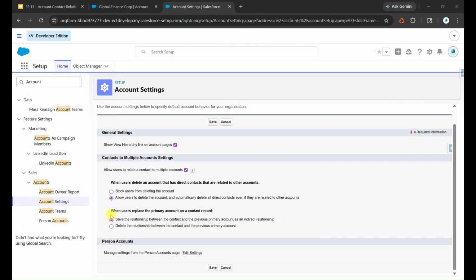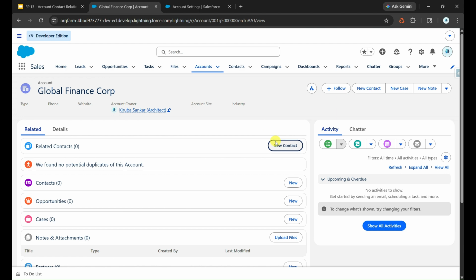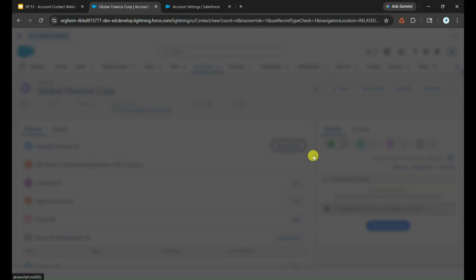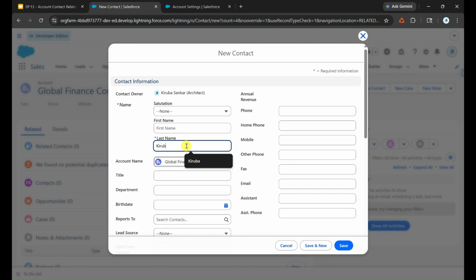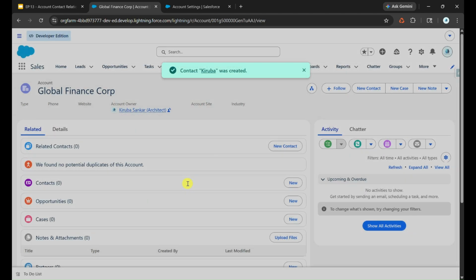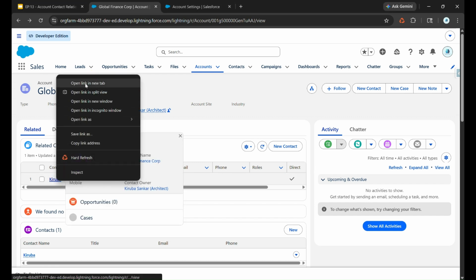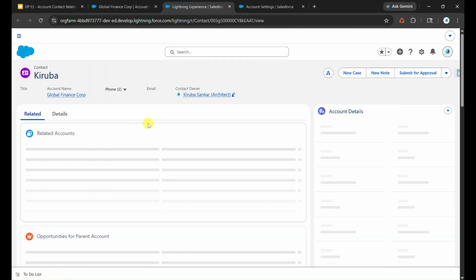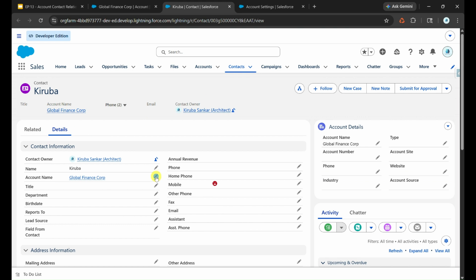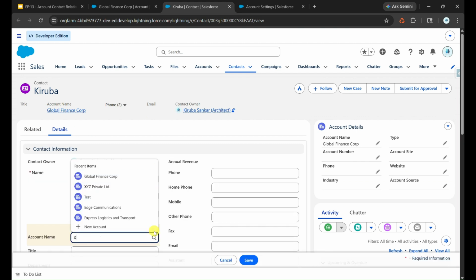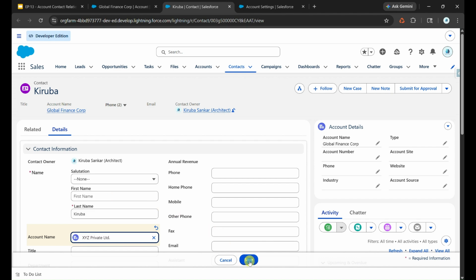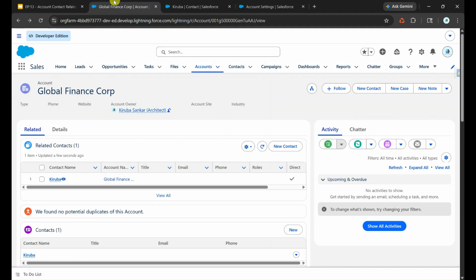Now the second option we have is for when users replace the primary account on a contact record. Let me just demonstrate how it works for the first option so that you will have a good understanding. So I chose one account and I'm creating one related contact. So let's say Kirba, and I'm saving it. Now let's say I'm changing the direct account of this particular contact. Let me open this contact in a new tab, and I'm going to change the direct account from Global Finance to, let's say, XYZ Private Limited. And I'm saving this. If I go back to this account page and refresh over here, you can see